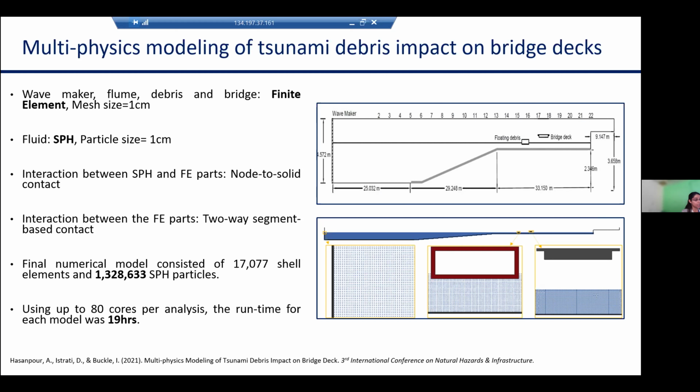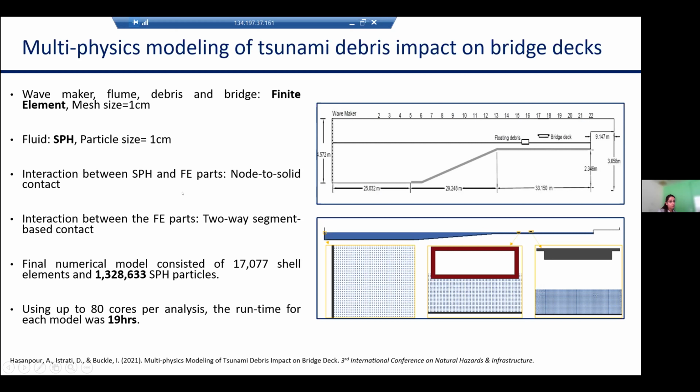To validate and check the accuracy of the coupled finite element SPH modeling technique, we conducted extensive numerical investigations. Last year, I presented the two different validations that we carried out. We selected one of the largest experimental studies to date, which was conducted at the Large Wave Flume at Oregon State University by Cox. As a continuation, we just modified the developed model for that validation study and just replaced the coastal column by a bridge deck and applied the same numerical setting to our model.